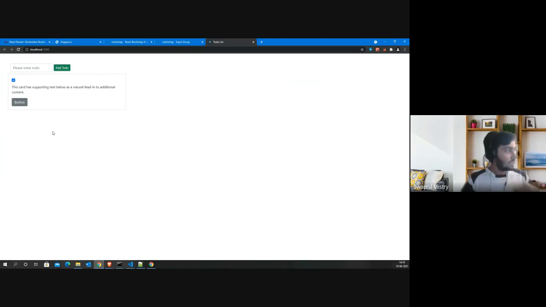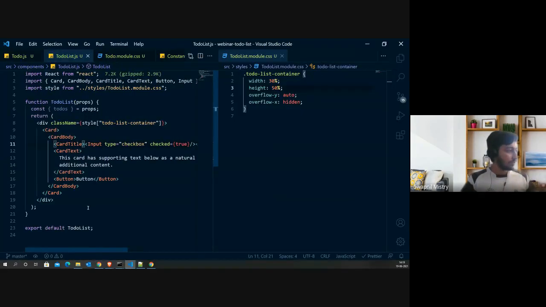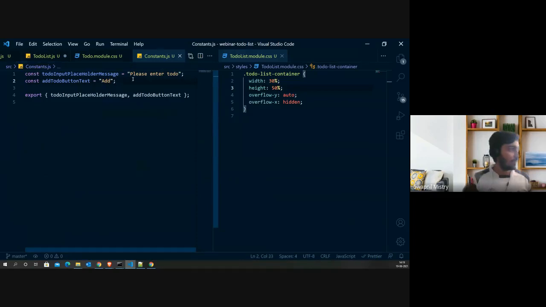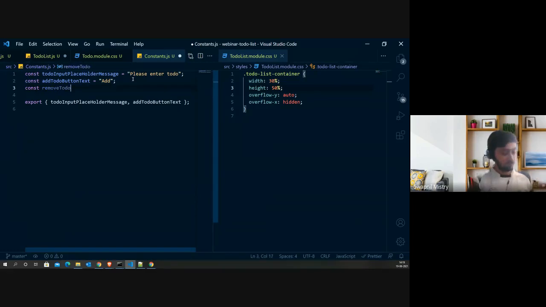Okay. So now let's just try to do a couple of additional things over here. Over here we already have a button, and then let's just try to rename it, right? So we'll have something called const removeToDoButtonText, and this will be something like remove the to-do, and I will just export it from this constants file.